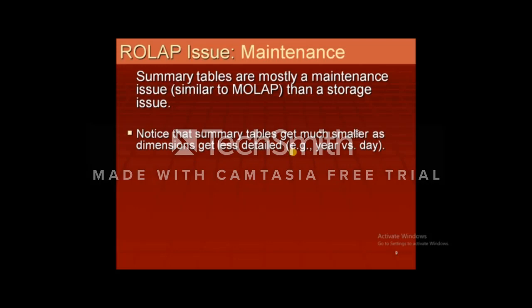So this is saying that if a summary table is generated on a less detailed hierarchy of a dimension, the number of values inside it is less. But when we make a summary table based upon a more detailed hierarchy of a dimension, we will have more values. So the size of the summary table should be large enough that it stores multiple values so that we can show it inside our data analysis.